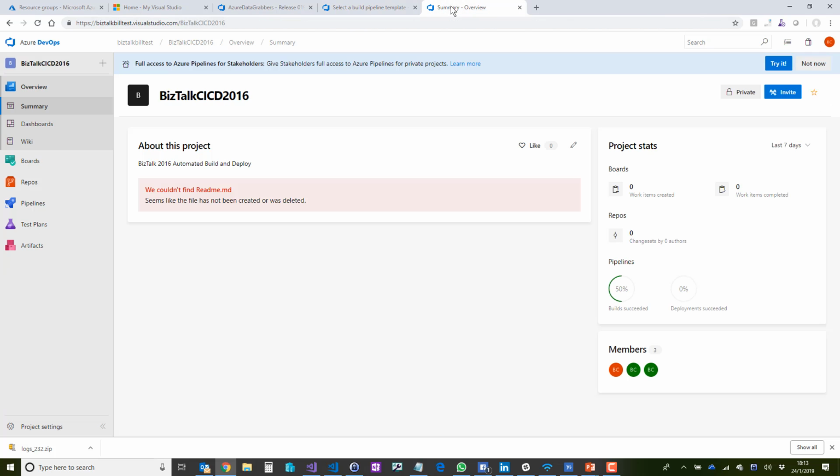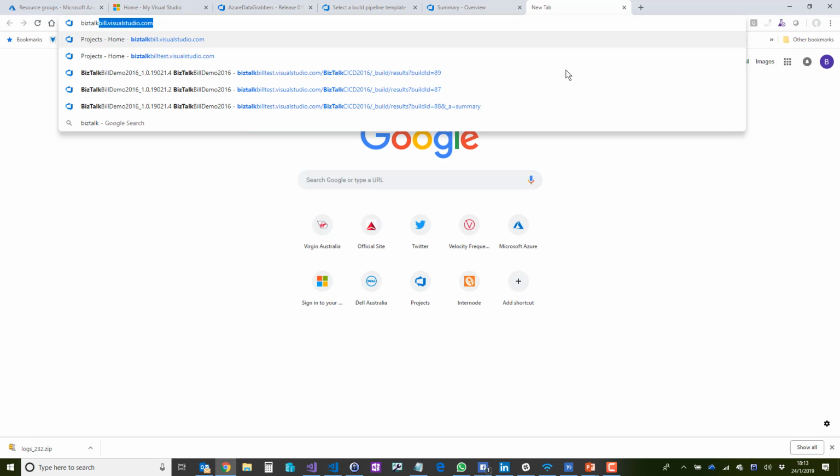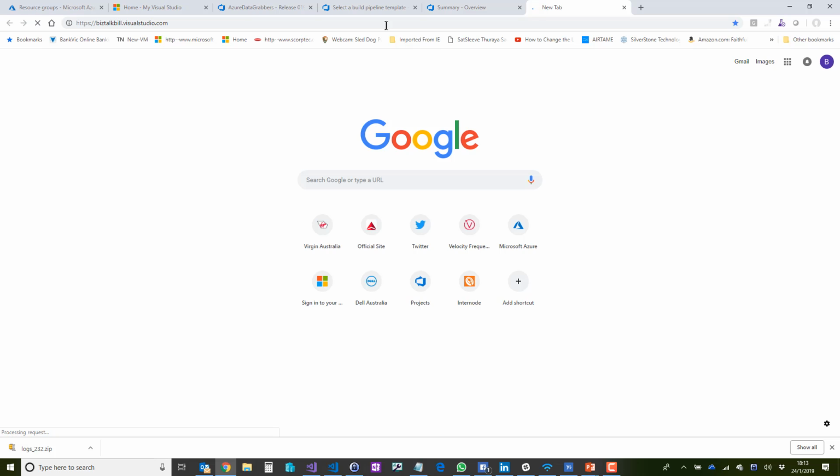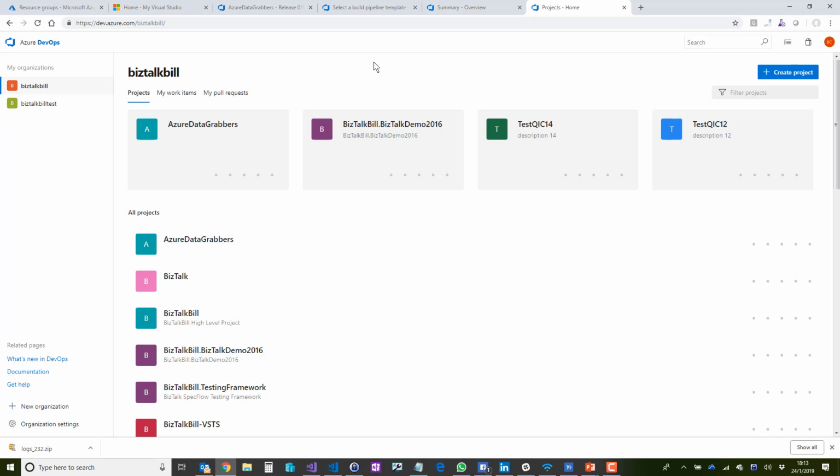Actually, it's not doing it on that one. Let me go to a little bit different one. I'm going to bring up another repo. And you'll notice, look at the URL on that one. I've actually told it to be the new dev.azure.com/biztalkbill instead of biztalkbill.visualstudio.com. That's a setting that you can set inside of your